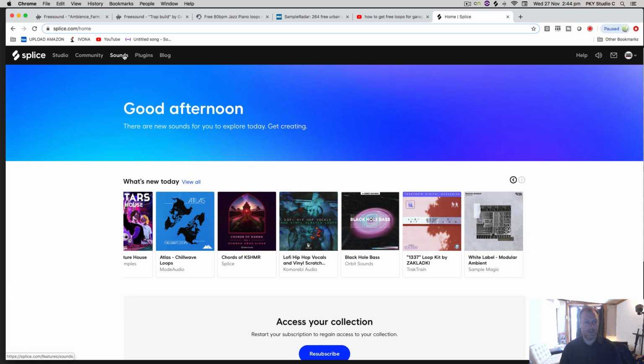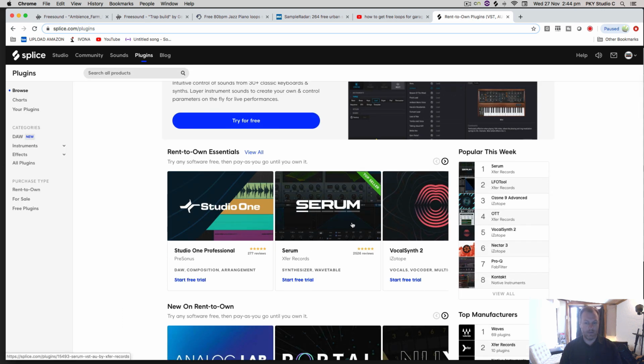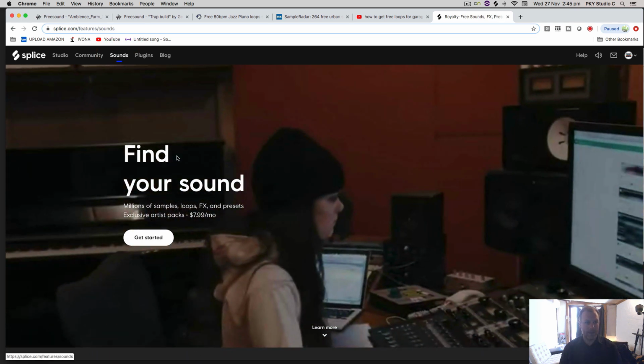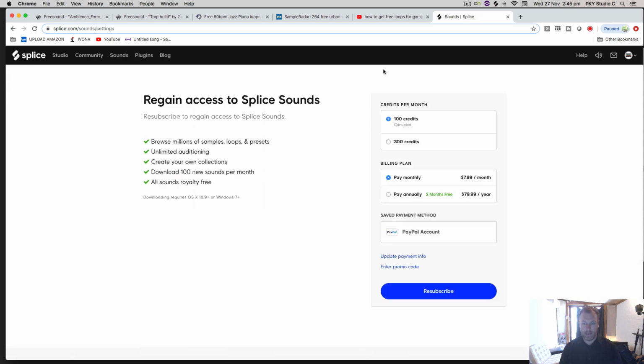I'm a huge Splice.com fan, and you can rent plugins such as Serum, which is an amazing synthesizer, wavetable synth. I have that one. You can rent digital audio workstations, so instead of paying for it at once, you can just rent it on monthly. Now, this is a subscription service where you basically pay some money per month, and